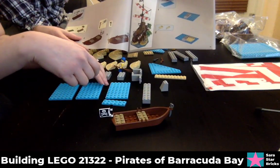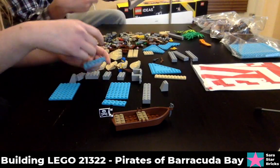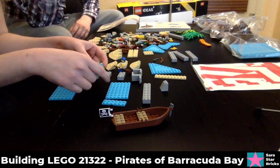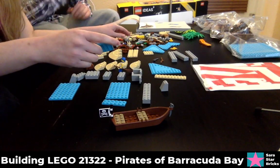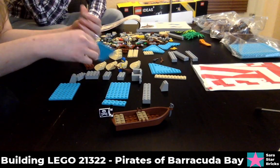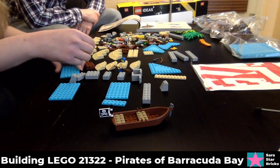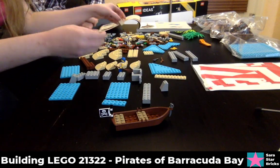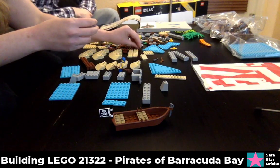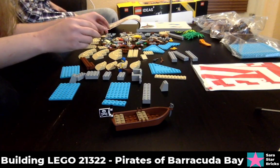This is what we're going to build now with the first 1 or 2 bags, I guess, this piece. Wow, that's big. And as far as people have been talking about in regards to this set, what they're going to do with it, like if they're going to display it as a ship... Well, everybody knows that. Spoilers. Anybody who's watching this and who's interested in buying this should definitely know that it becomes a ship later. Big surprise. But everybody keeps talking about in chats whether they're going to display it as the shipwreck or as the boat, as the ship itself. And I'm definitely going to display it as a ship